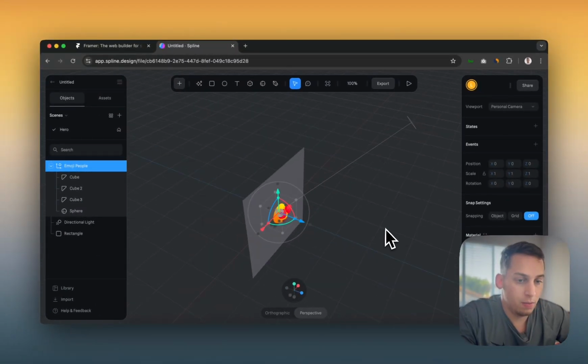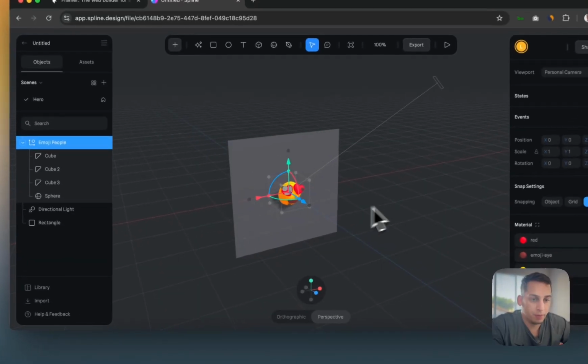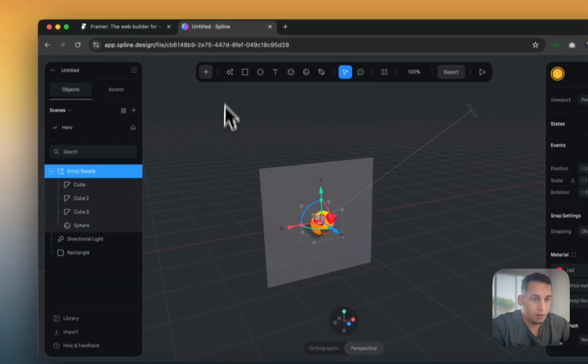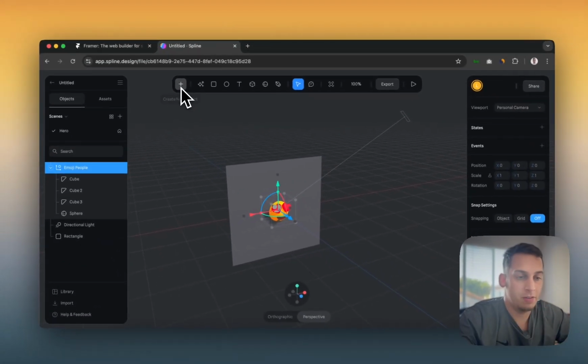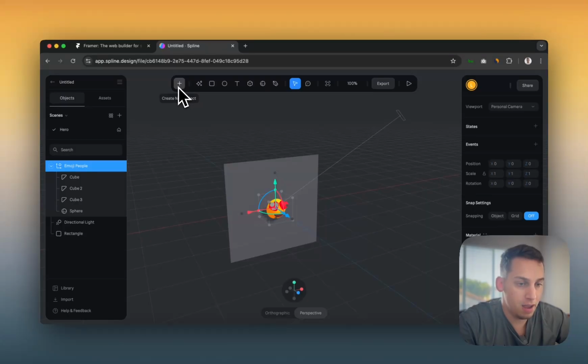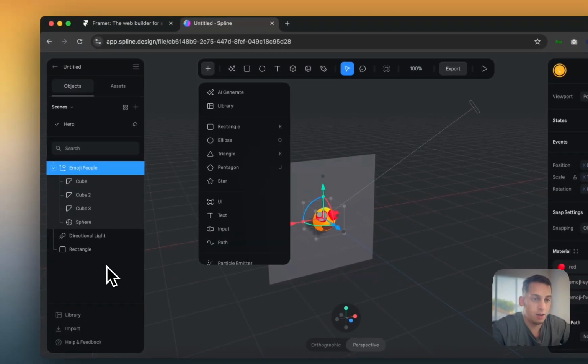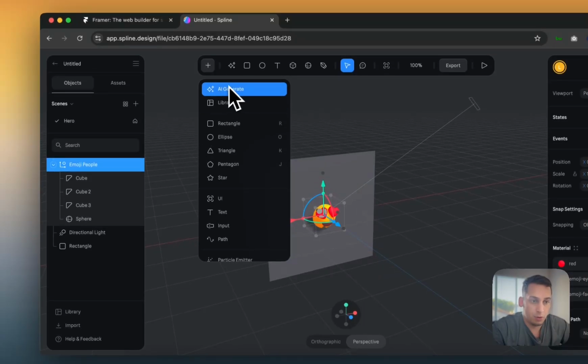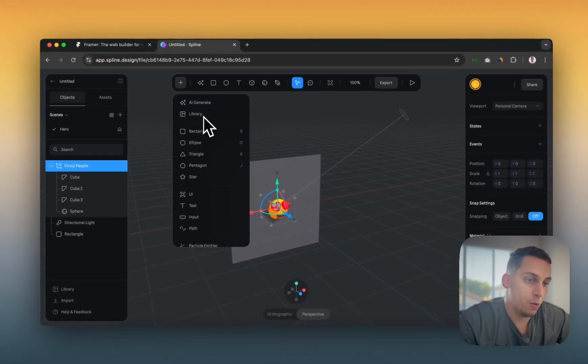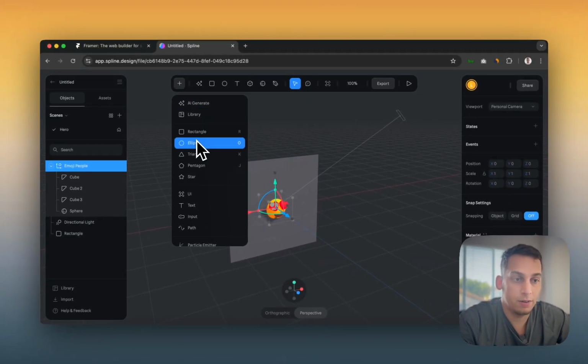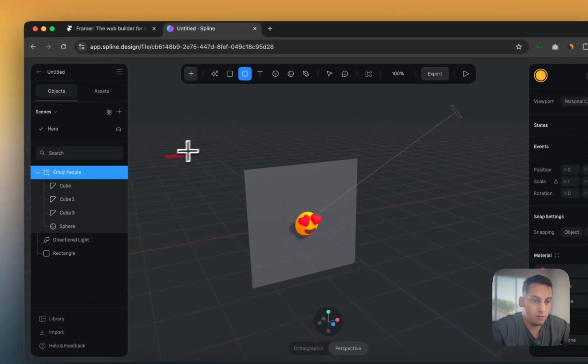So that's with the library. And up here, we have different things as well. We have this plus tool, which seems to have the main priority here. And basically what that is, is creating a new object. So you can also go through the library here, or you can create another rectangle, an ellipse. So these are all 2D objects that you can create, and you can eventually